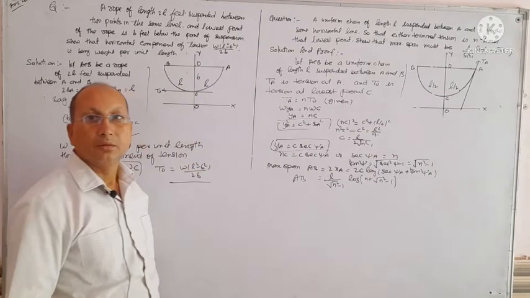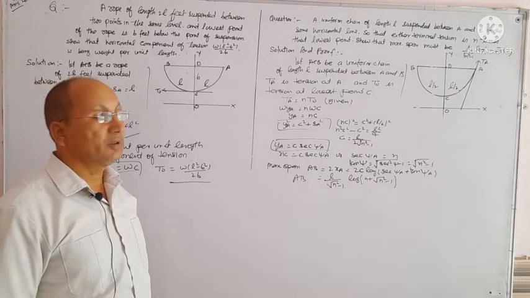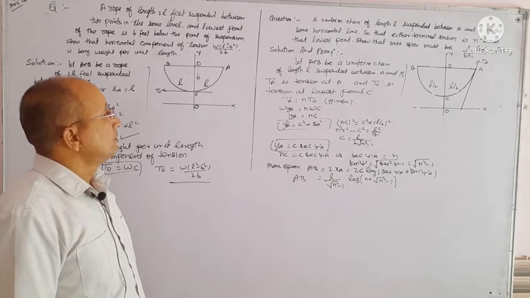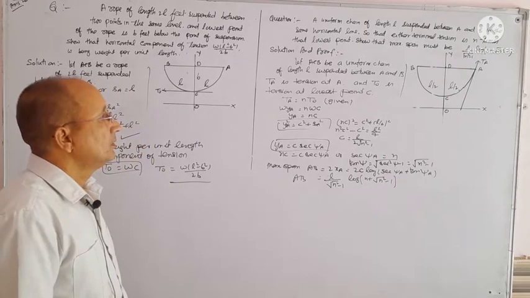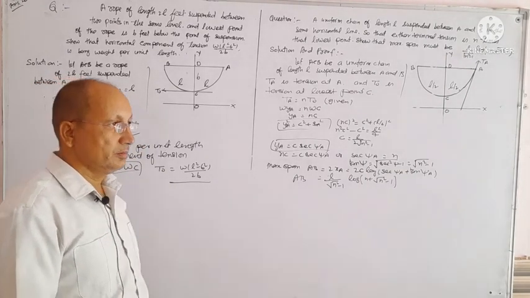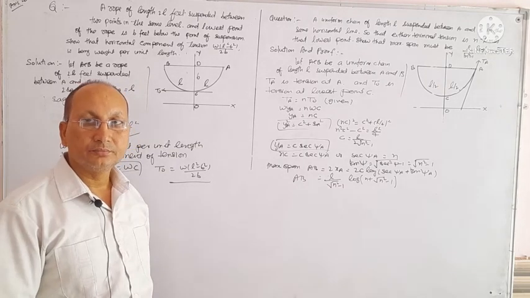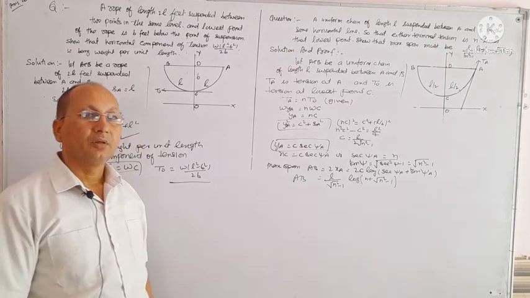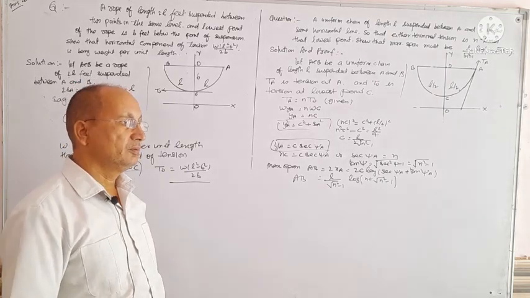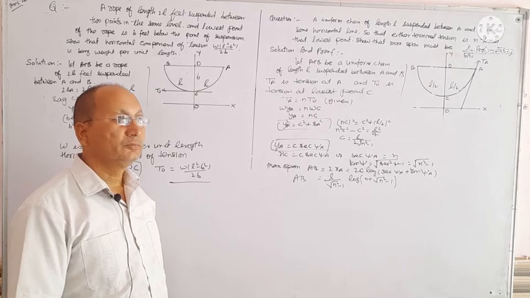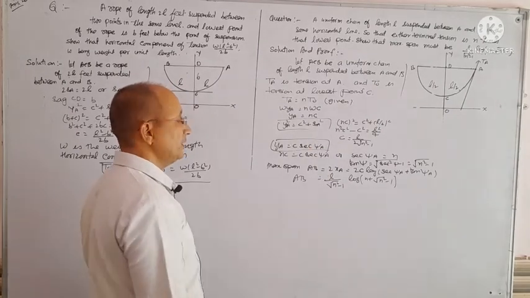Students, once you have cleared your points, let AC be a uniform chain of length L. AC equals L by 2 and BC also L by 2, total length L. Maximum span AB and terminal tension: tensions are TA and TB. We take tension at point A, TA. It is given that T equals NT naught, where T naught is the tension at the lowest point. Putting these values, we get Y equals NC.